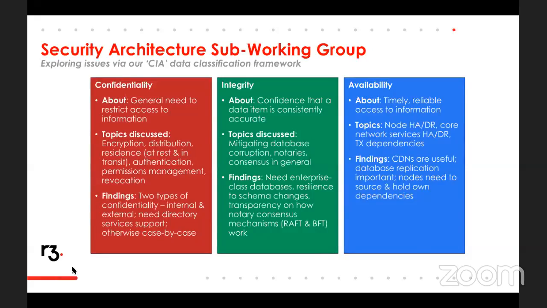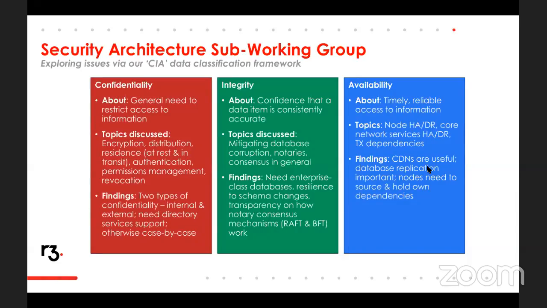There's clearly not time to talk about all the different findings that have come out of those topics here. Obvious things that come out, one, there's different types of confidentiality you need to think of. The most common confidentiality frameworks that we started with were very much looking from a perspective of a traditional enterprise, trying to define what is allowed in and out of the organization. And that's a great place to start. But actually, when you expand the scope to an entire Corda network, you see it's more complex than that, because you're considering as well what data is appropriate to be distributed from one node to another, so from one legal entity to another.